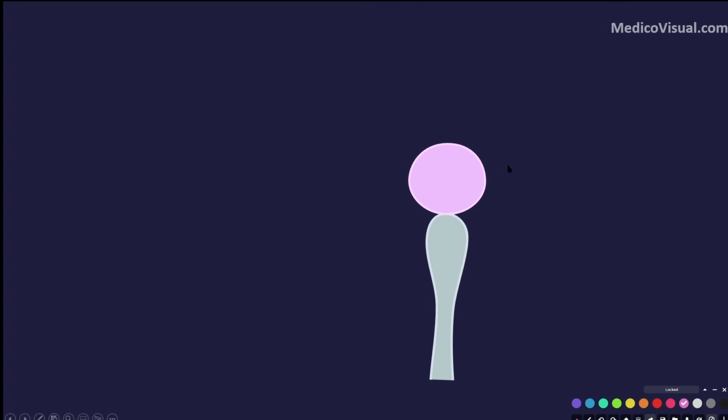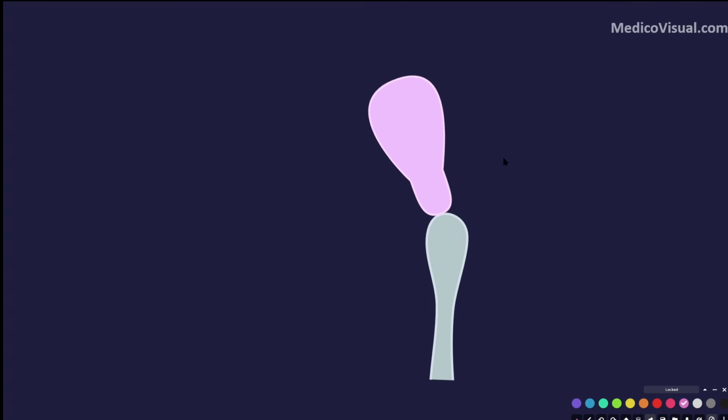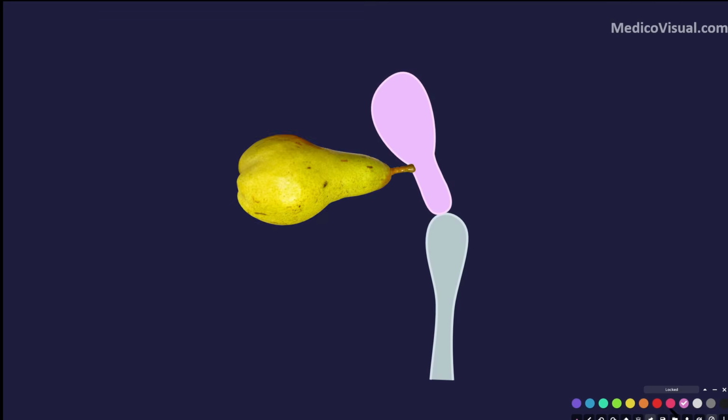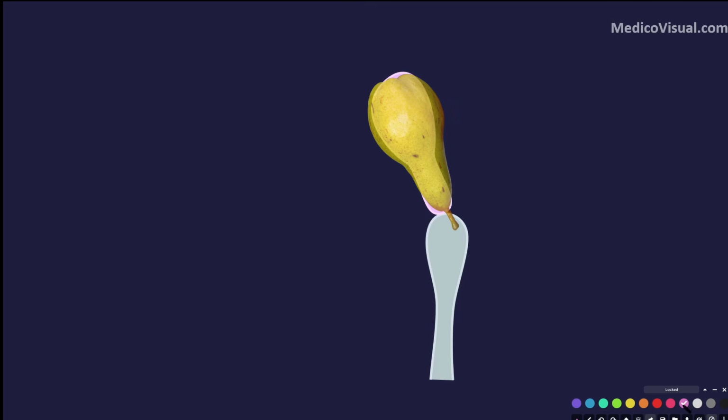Now let's focus on this diagram. So here is the terminal end of the collecting duct. This is the collecting duct which is covered by the metanephric blastemal cap. Now this metanephric blastemal cap will grow and form the vesicle. It will form a globular structure which is called vesicle. Now this vesicle will further grow and form a pear-shaped structure, or some authors call it a comma-shaped structure.